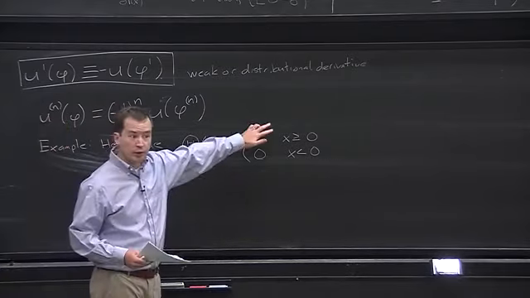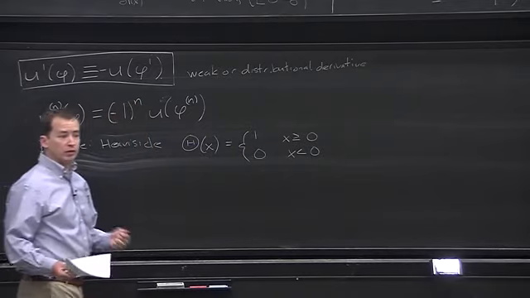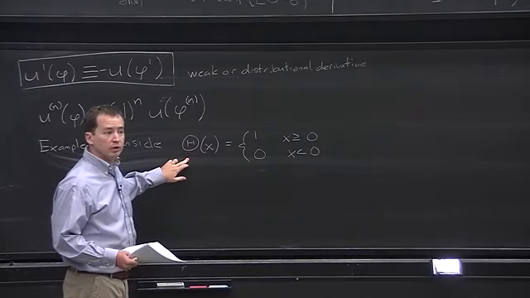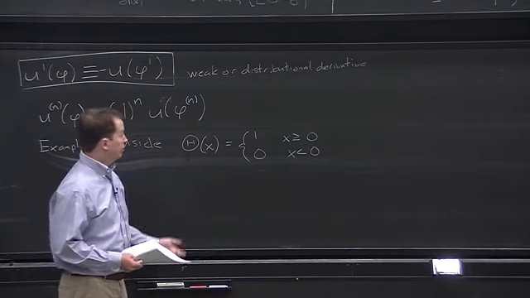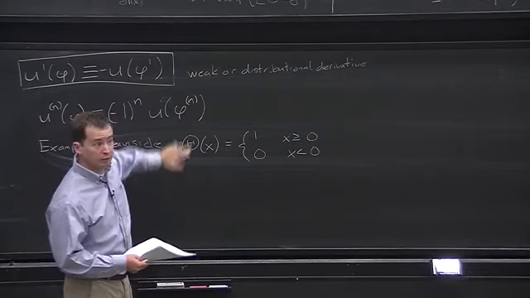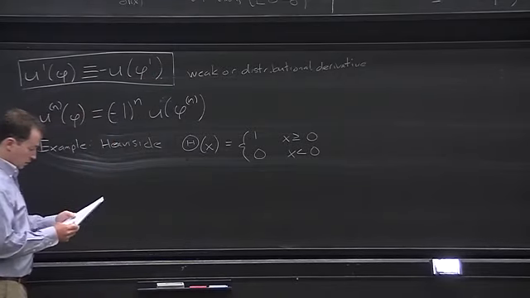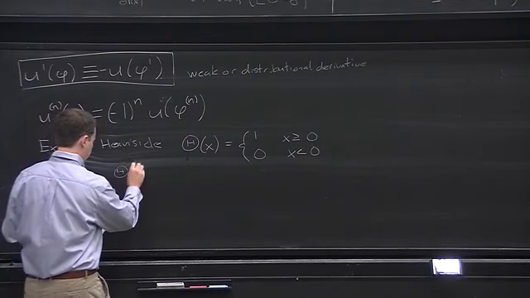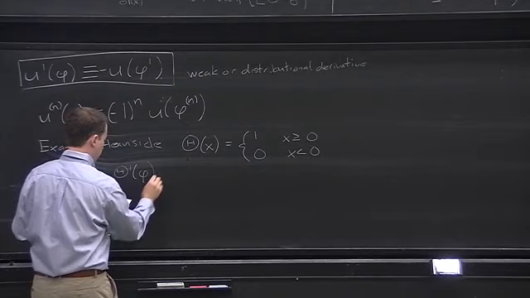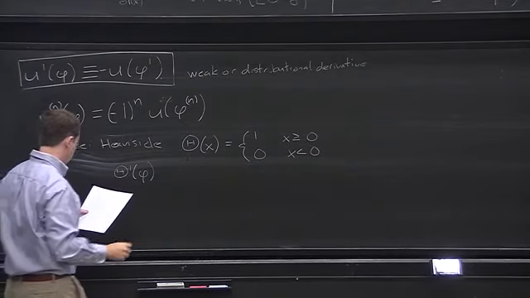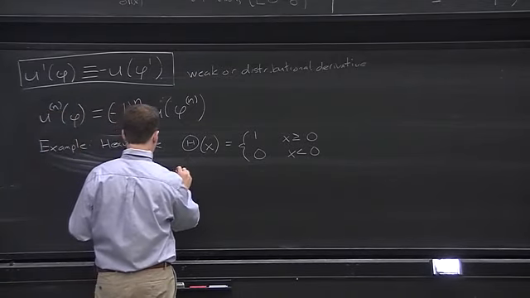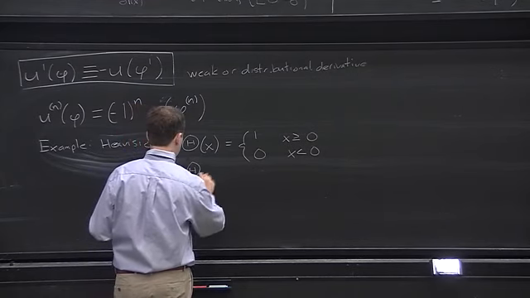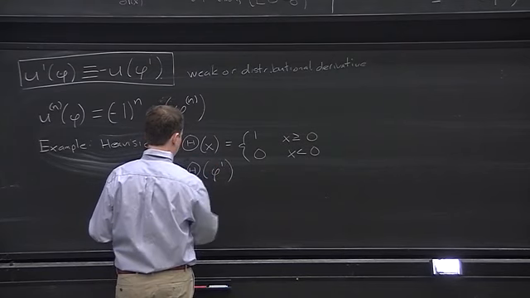Nevertheless, it has a discontinuity at 0, so it doesn't make sense to take its derivative using the definition of derivative you learned in your first calculus course. But we can take the weak derivative of this function, and we can do that just using the definition of the weak derivative. So that tells us that the derivative of theta acting on a test function is minus theta acting on the derivative of the test function,